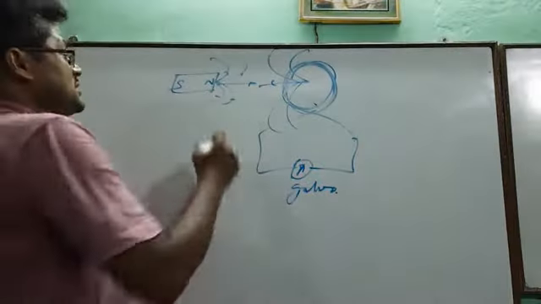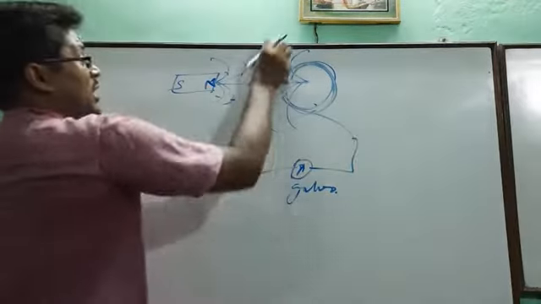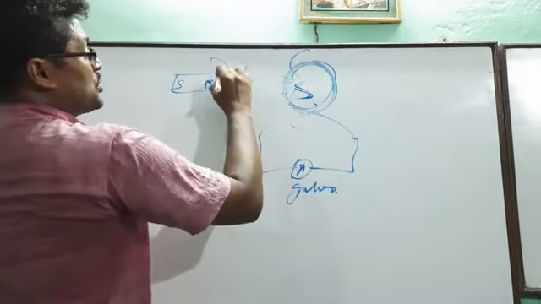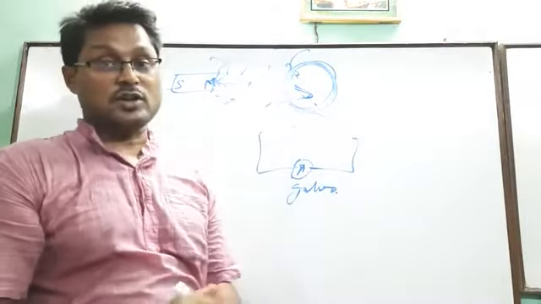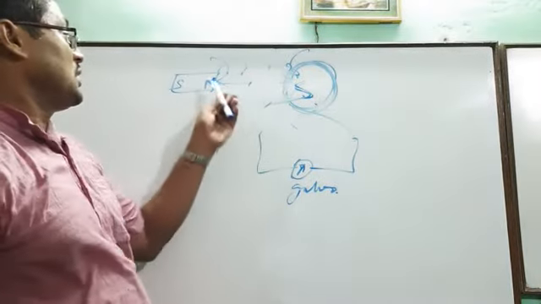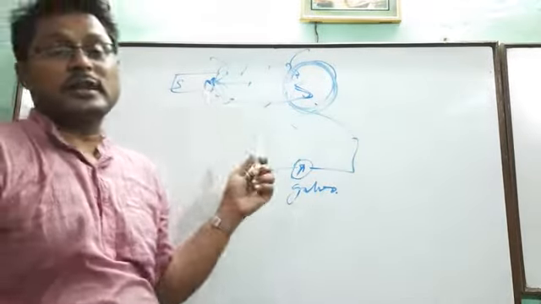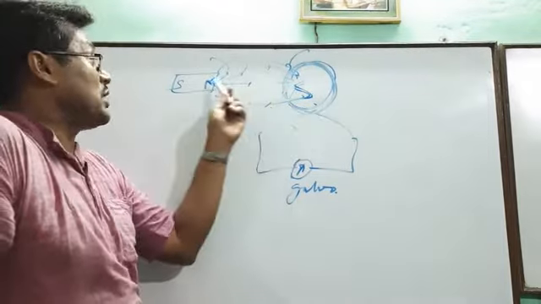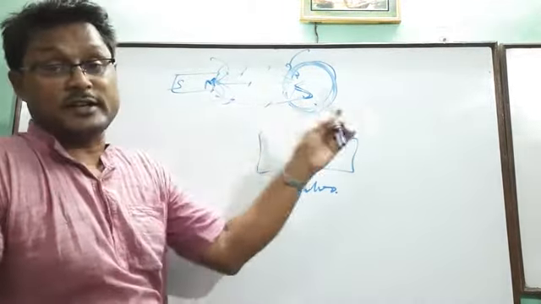Now let this be the N pole that is introduced, but here the induced pole is S. So the lines of force will connect here. It is not the rule according to Lenz's law, but I am considering what will happen. So this is N, this is S. You know that opposite poles attract each other. So this S pole will attract the N pole, and the N pole will move into the coil directly without any mechanical